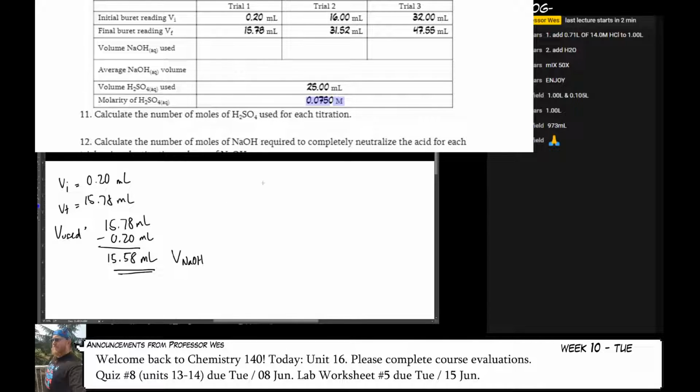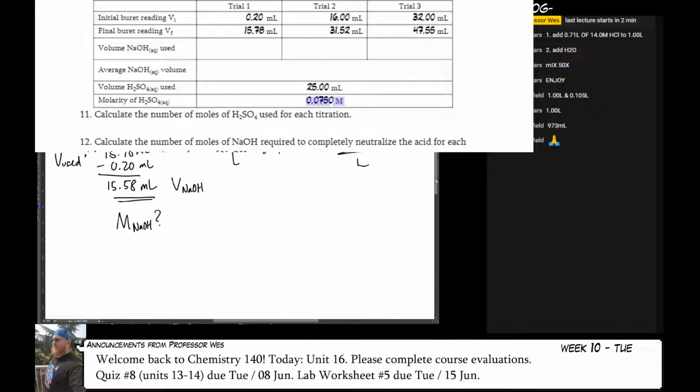So I know that the volume of sulfuric acid is 25 milliliters. And I know that its molarity is 0.0750 moles of sulfuric acid per liter. Now remember, since I know volume and molarity, I know moles. So if I need to figure out the molarity of sodium hydroxide, I can use all of this information to do that,